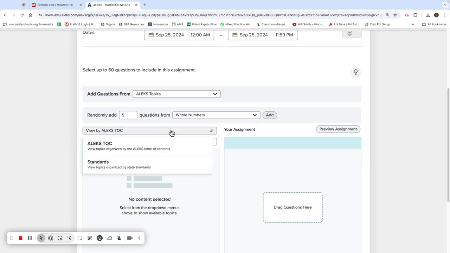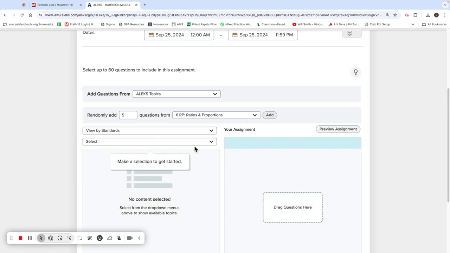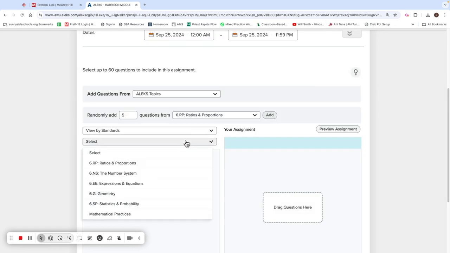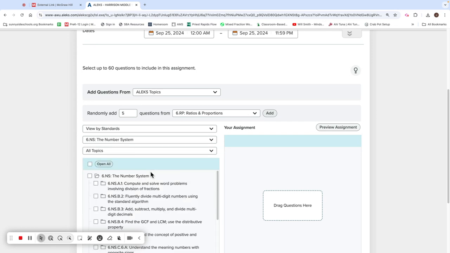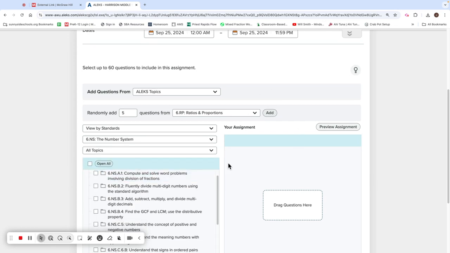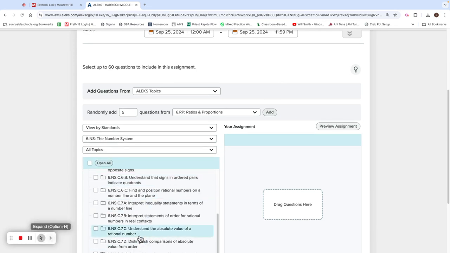We're going to come right here and say we do not want to view by ALEKS TOC. I can't remember what TOC stands for, table of contents or something, I don't know. We want to look by standards. And so when we view by standards, we can click here and select what section we want to pull from. This would be, if we're doing fractions, pulling from the number system. And then it's going to do a nice breakdown for us here of all the different